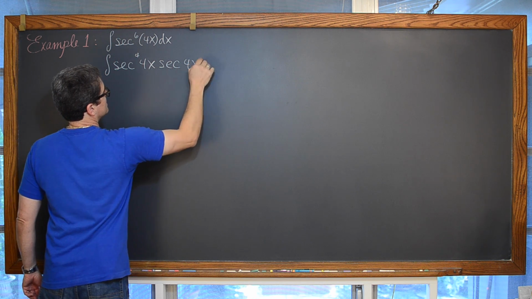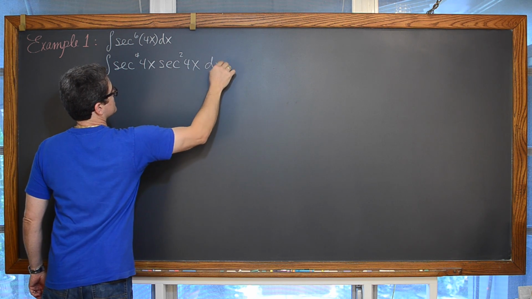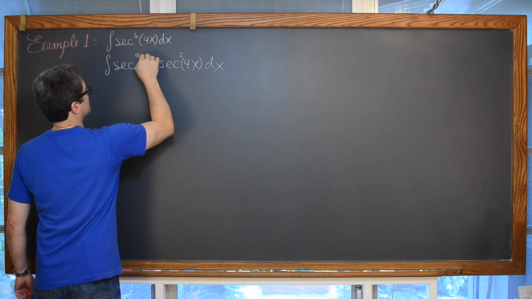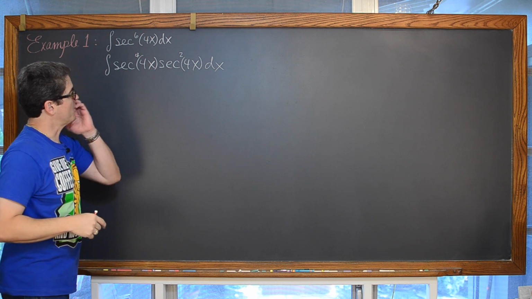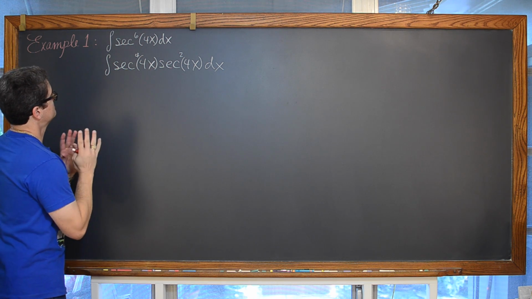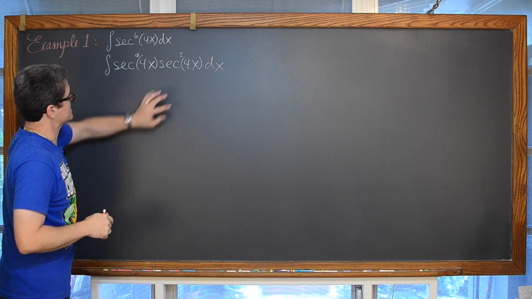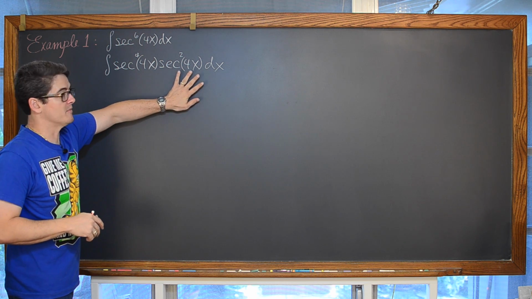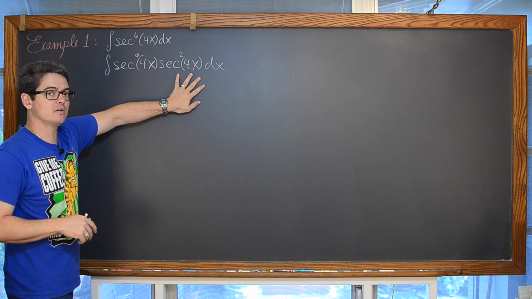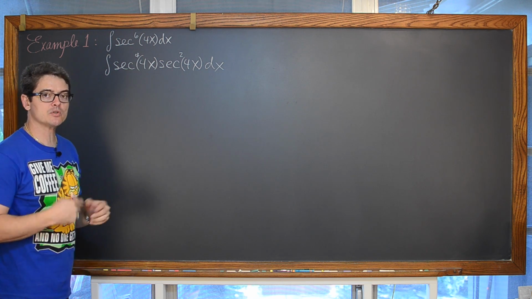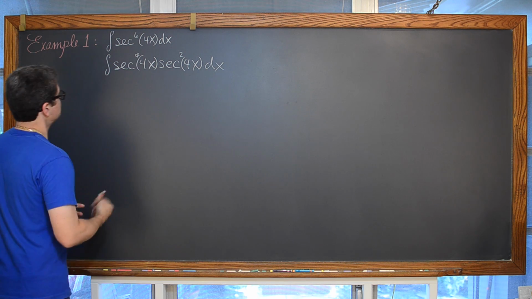of 4x squared dx, and I always like to wrap my angles in a set of parentheses just to really make that notation as clear as possible. So this is going to be our du, this is going to be our u prime, the derivative of the inside function, that function inside the power, which we're going to convert into tangent.